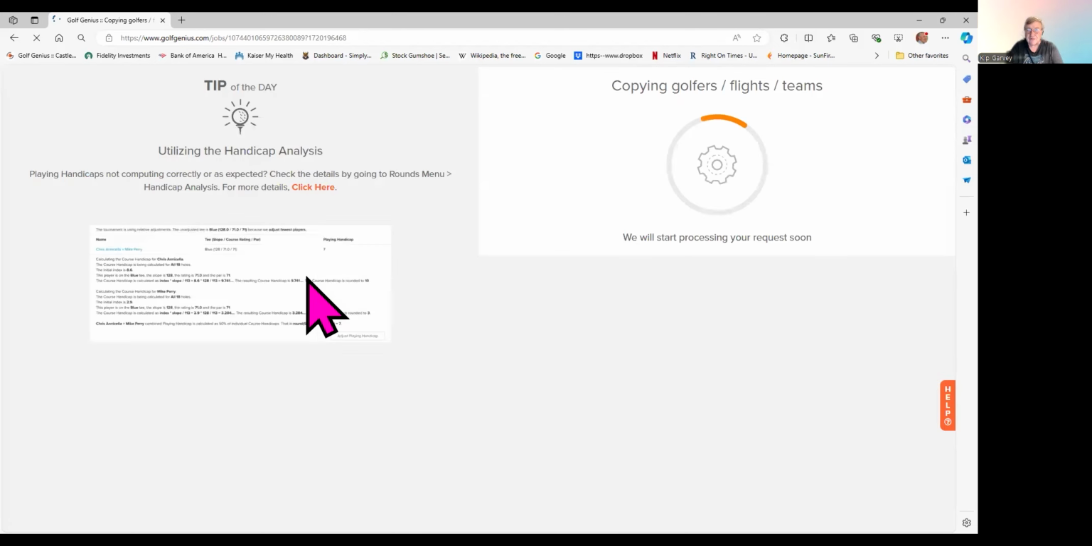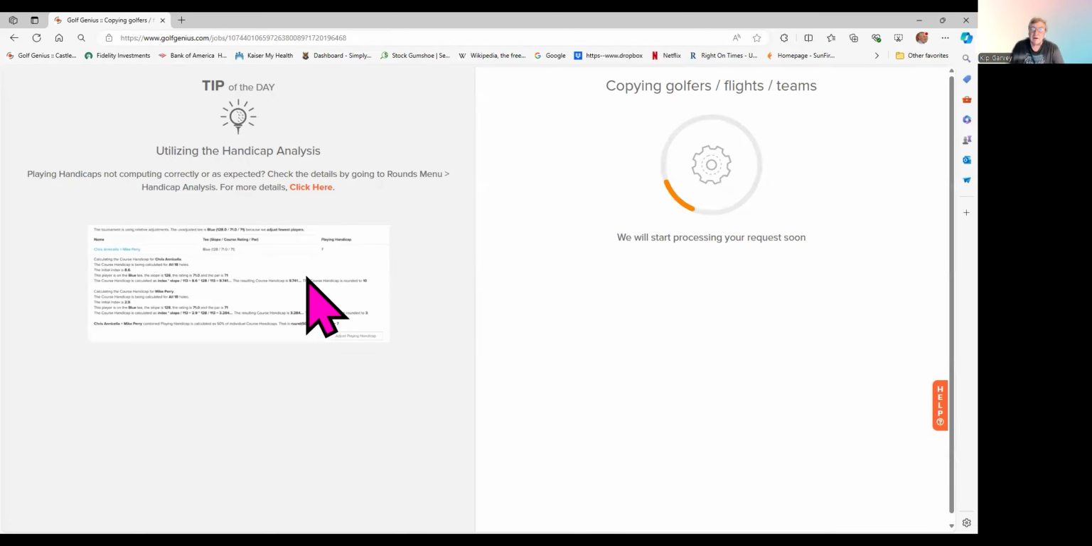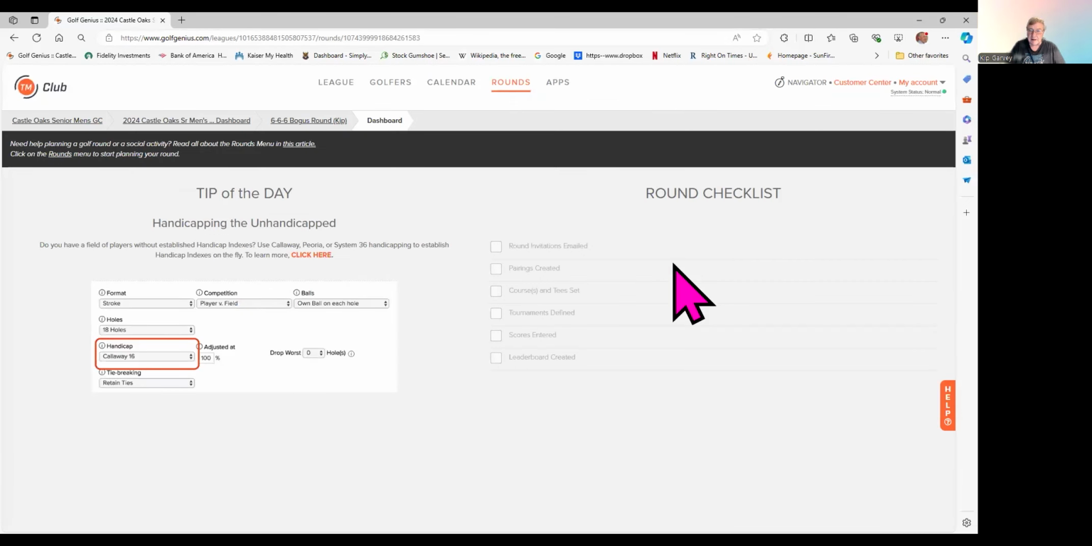And it's not so much me planning the round. It's the system. It's Golf Genius itself. As you can see, it is doing this whirly thing, and it's beginning to set up this particular game in its database system. Okay. So once the round is set up,